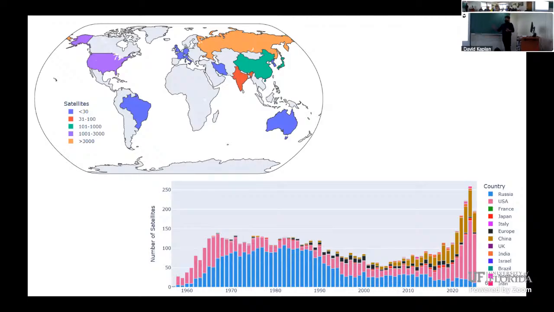Looking at this curve and the countries that have been involved with satellites, if we just have a look at the United States and Russia, they have almost around 3,000 satellites of their own. Looking at the time series, they started sending satellites in 1957, and now it's more than 50 years that satellites have been in space. What I'm trying to say here is that satellites have been increasing. The technology of sensors and satellites is improving. Earlier, from Landsat 1 to Landsat 7, Sentinel 1 to Sentinel 5, the technology definitely improved, and we will be talking about that as well.